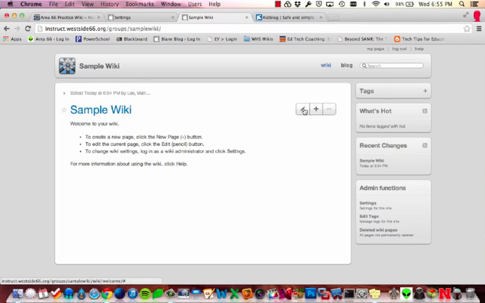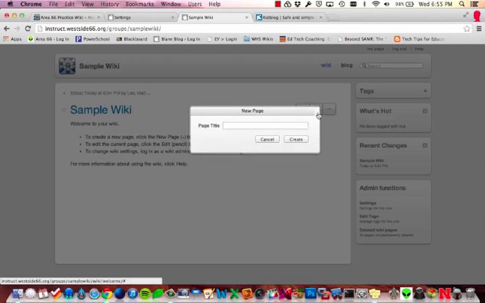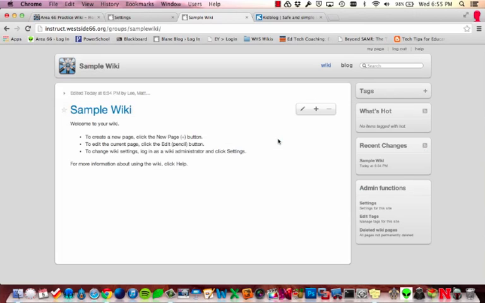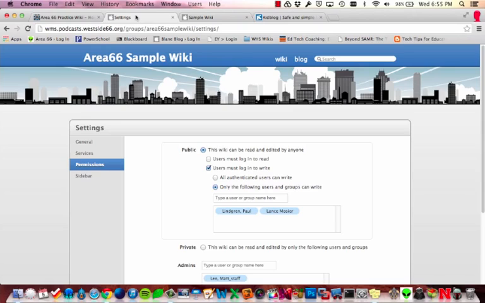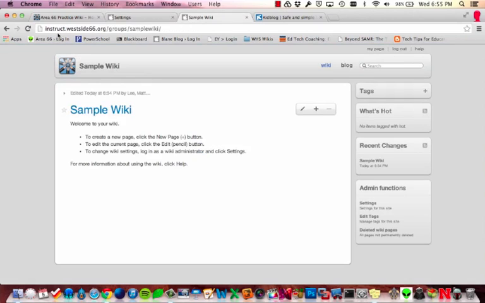To edit the page, I can click the pencil. If I want to make a new page, I can click the plus. So those are three different servers that you can do a wiki on. The ideas.westside66 if you're in the elementary grades, wms.podcast.westside66.org if you're in middle school, or instruct.westside66.org